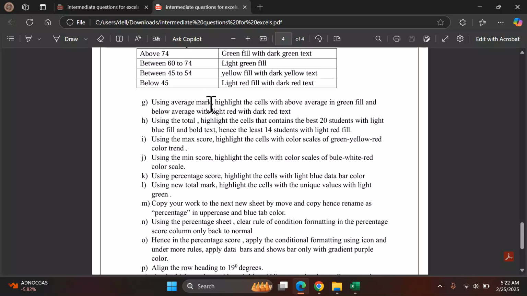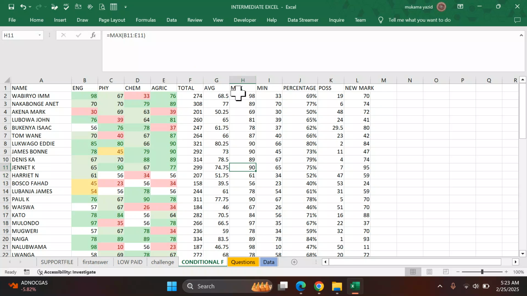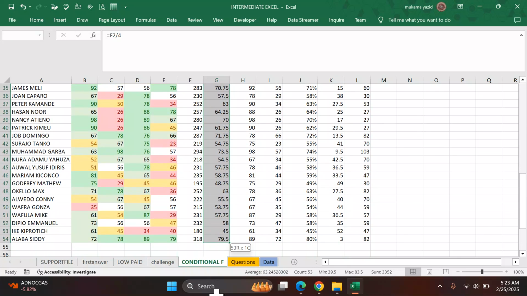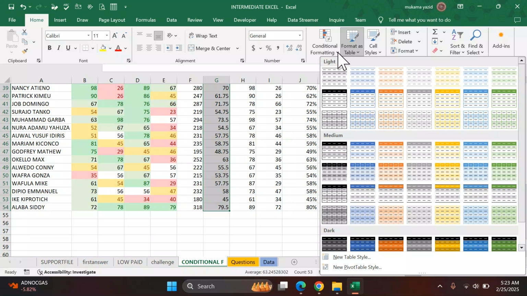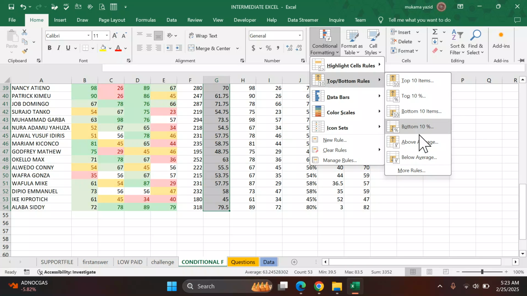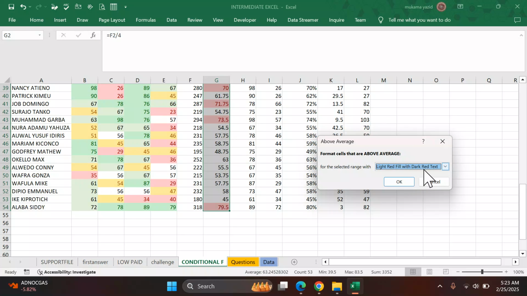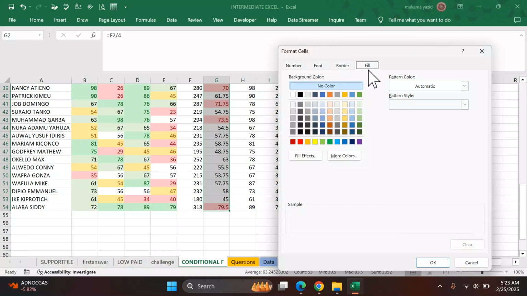They said using average mark, highlight the cells with the above average in green fill and the below average with the light red fill. So above average green fill and the below average light red with the dark text. So we go to our Excel, look for the average column, we select only the average mark. So we go to home tab, conditional formatting, top bottom, this is above average. They said we must have green fill, so green fill we don't have it here. We go to custom, we go to fill, then we look for green. Okay, then they said